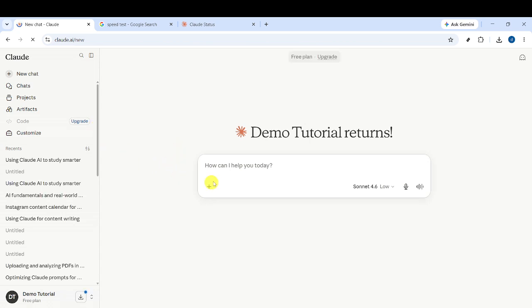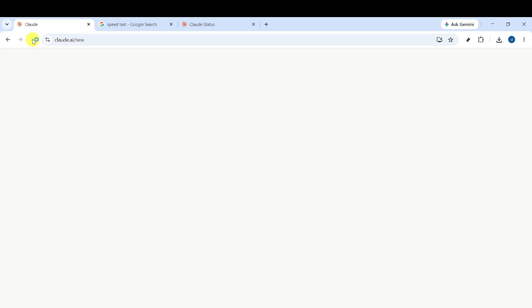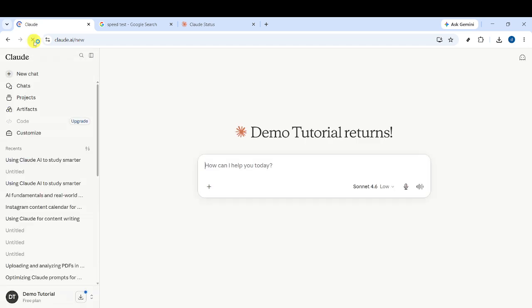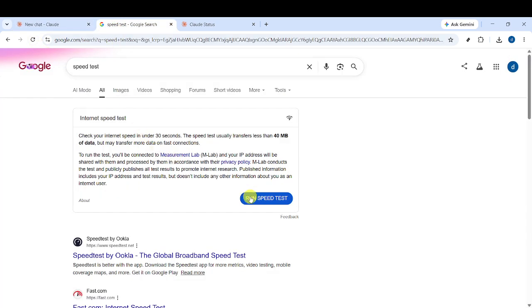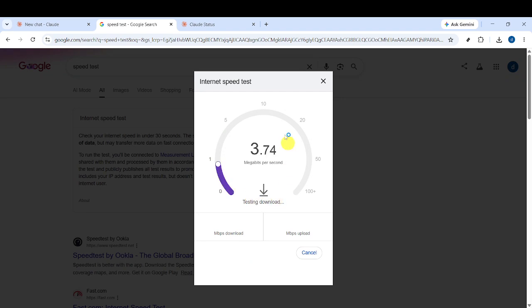The first thing to try is refreshing the page using the refresh button near the address bar. A quick reload can often clear a temporary loading error and reconnect the page properly. If that doesn't solve it, check your internet connection. You can do this by running a simple internet speed test in your browser. A weak or unstable connection can sometimes trigger access problems, especially when a site is trying to verify your session